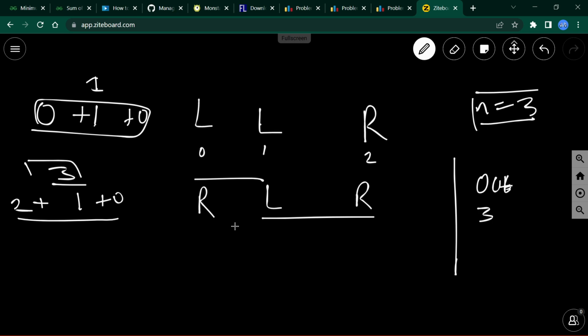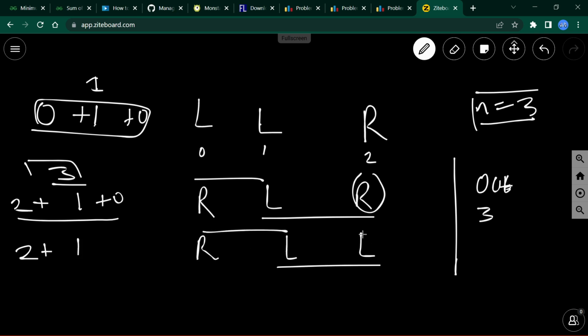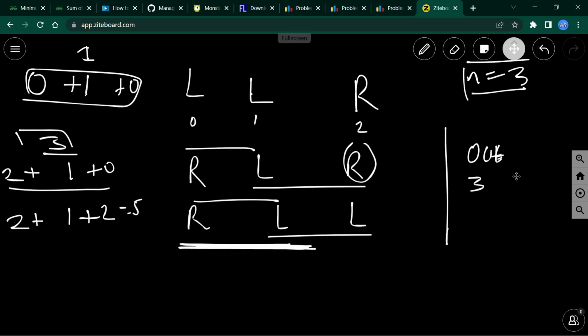Again, now to make the sum greatest, I will change this value. R, L and L. Okay, on the right of this person, 2 persons are standing, so 2 plus, on the left of the second one, only one is standing, and on the left of the third person, 2 persons are standing. So what will be the sum? The sum will become 5. So output 5,